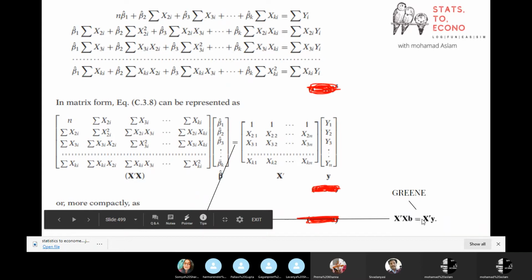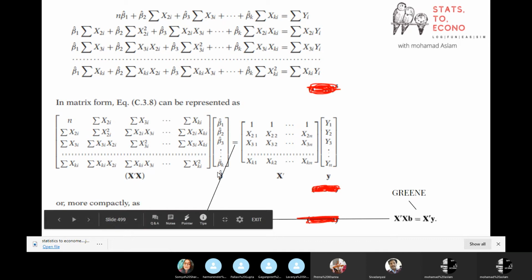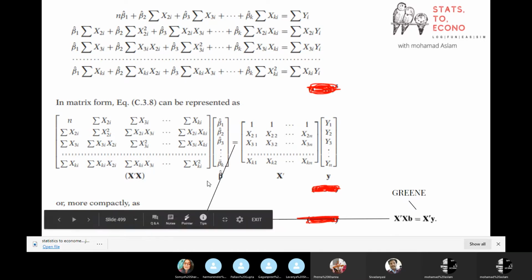So now what it means actually in the matrix form. In matrix form, this right hand side is X transpose and Y matrix. And in the left hand side, we have X transpose into X, that's the square of X, multiplied by beta hat. Now from here, we need a value of beta hat. Yesterday, we had two normal equations, and we solved them by simultaneous equations. Then we got these values, beta 1 hat and beta 2 hat. So here you have a matrix form, then you can solve it with matrices. Now, what will be the value for beta hat, this particular matrix?